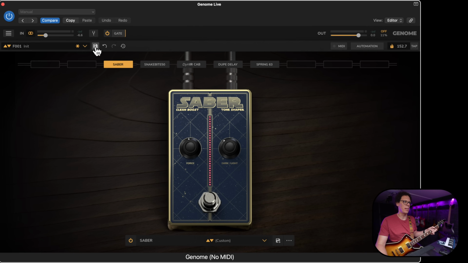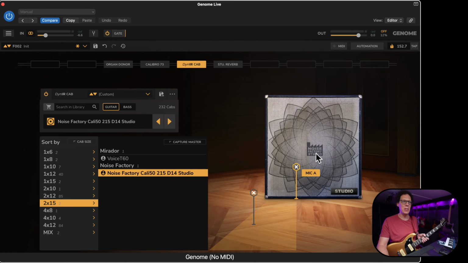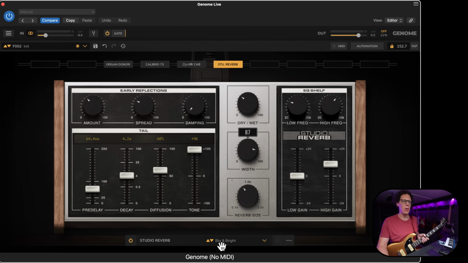Right, save that as the 50. This is the Calibro 73, and I'm going into a Noise Factory Studio 2x15. There's a studio reverb on there set to big and bright. And the guitar, if I just turn that off for a moment, it sounds like this. But when I turn this on,